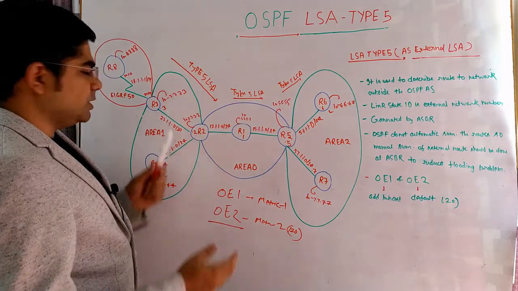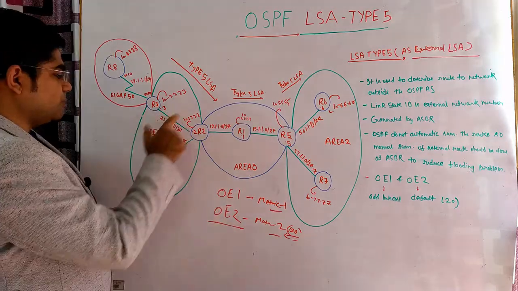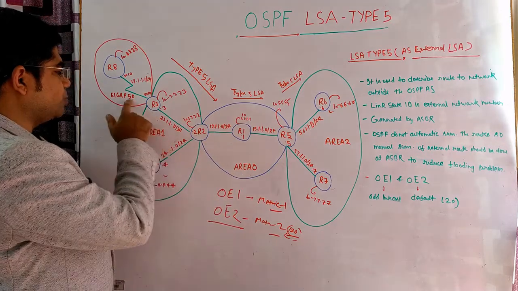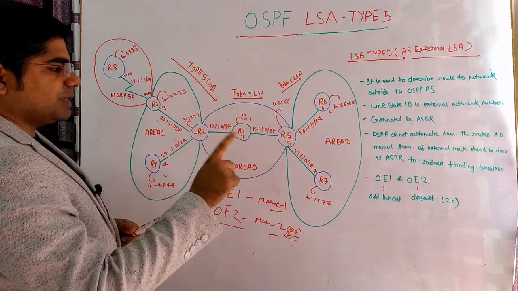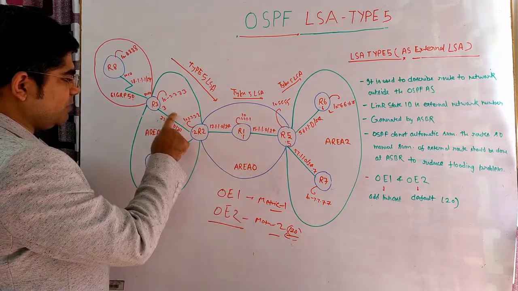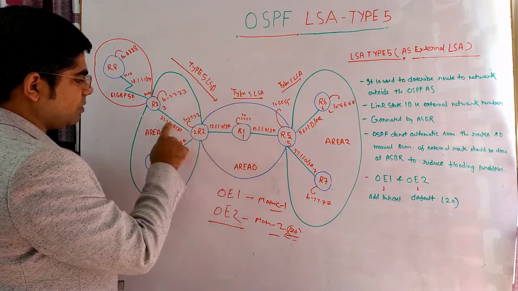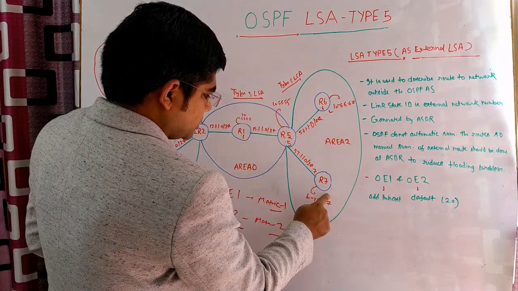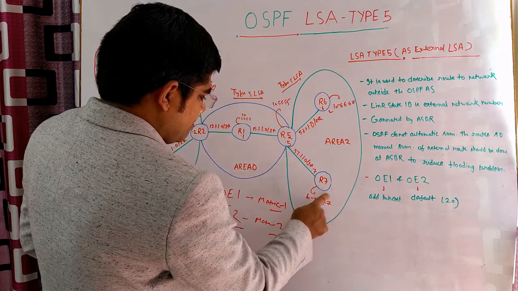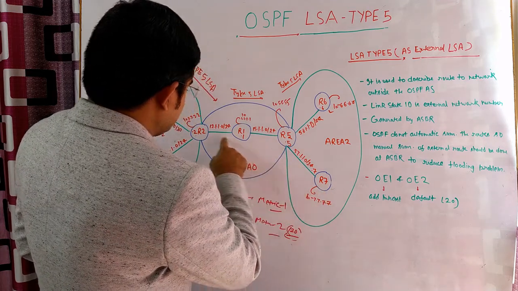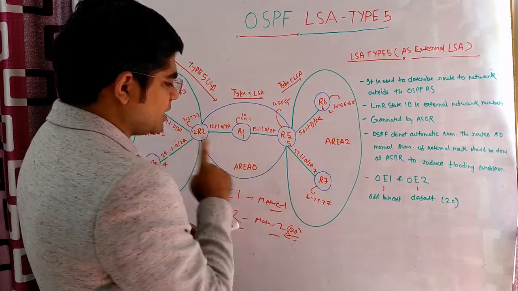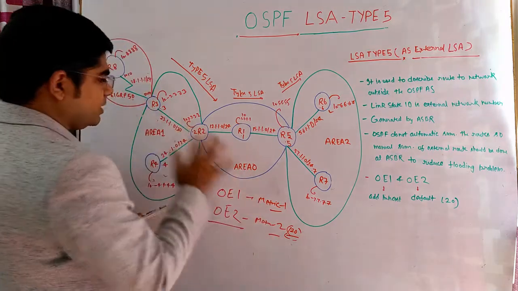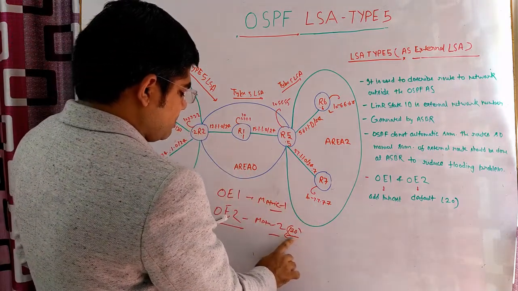When you are redistributing, there is a command: we go inside router OSPF, for example OSPF 1, then redistribute EIGRP with metric type 1. If we set it to 1, then what will happen? It will add the internal cost also. When you show the IP OSPF routes on router 7, you will get a metric which adds the internal costs too. If you do not use that command, it will take metric type 2 by default, so it will give a fixed metric of 20.